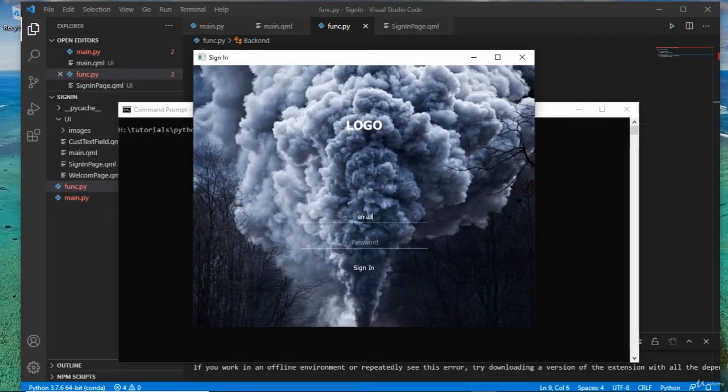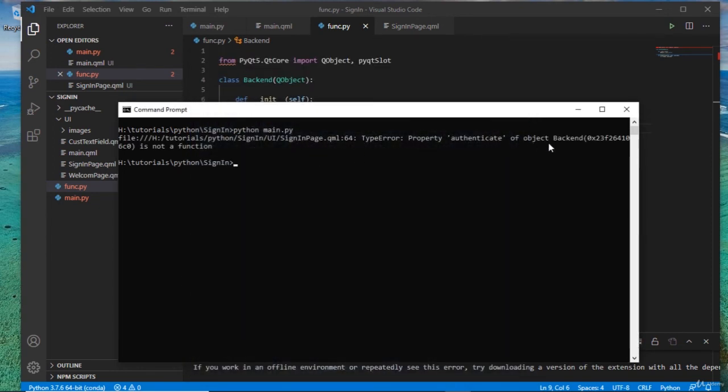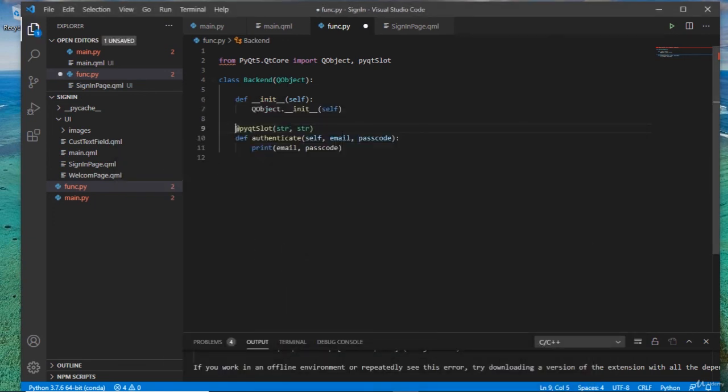So email@gmail.com, 1234, sign in, and this time we're getting an error saying that there is no authenticate function of our backend object, which has been registered. So the decorator pyqtSlot is actually what turns it into a discoverable